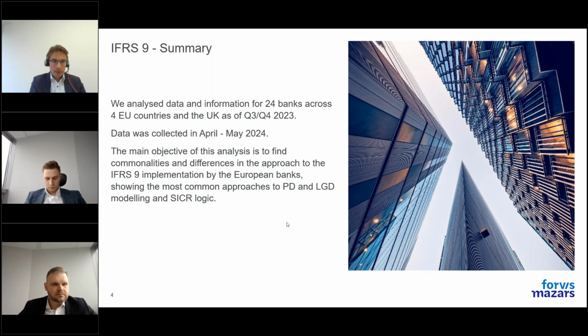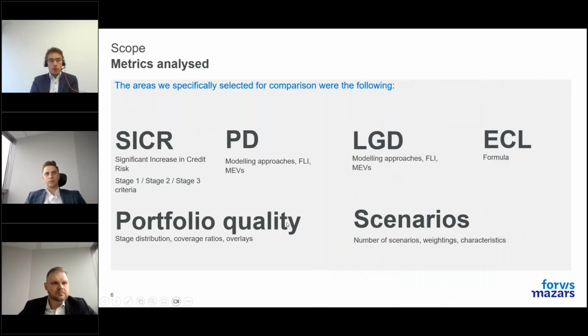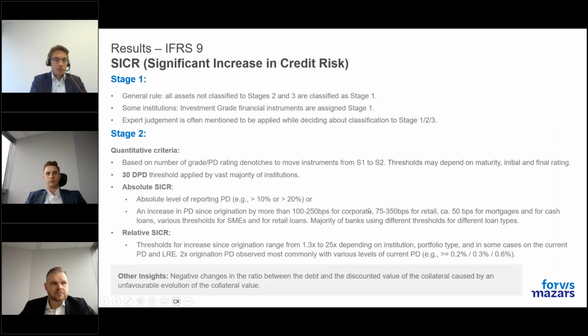Going forward, we analyzed the following metrics. Qualitative and quantitative reasons used to classify exposures to stage 1, stage 2, and stage 3. Modeling approaches, forward-looking information, and MEVs used in PD and LGD models, approach to ECL formula. We analyzed portfolio quality, stage distribution, ECL coverage ratios and overlays, and scenarios, as I already mentioned. So this is the list of metrics we looked at. And the results, starting from SICR,